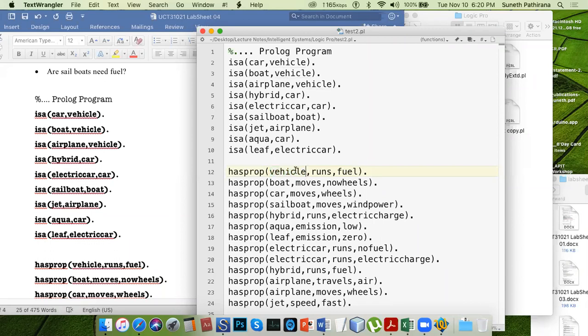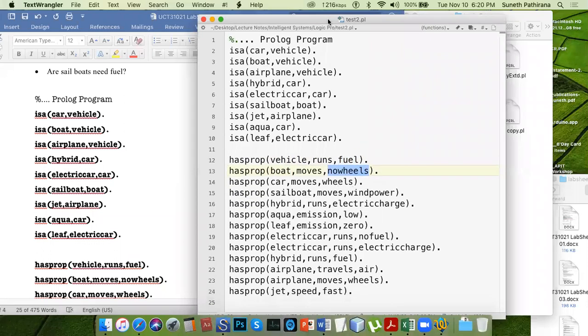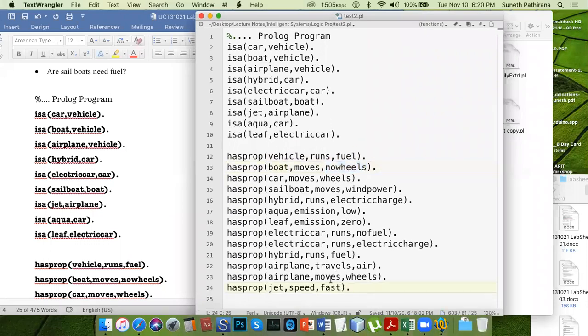Vehicle has a property of running and that consumes fuel. Under that, these are inherited things. Both, again, a vehicle type has a property which is moving and which has no wheels. Accordingly, all the things have been defined.